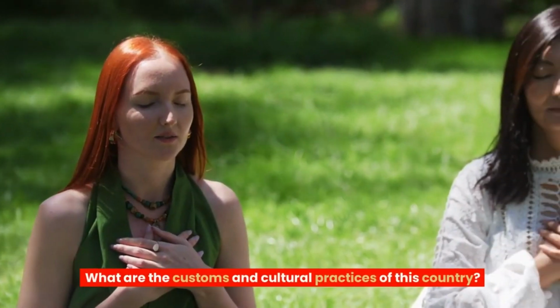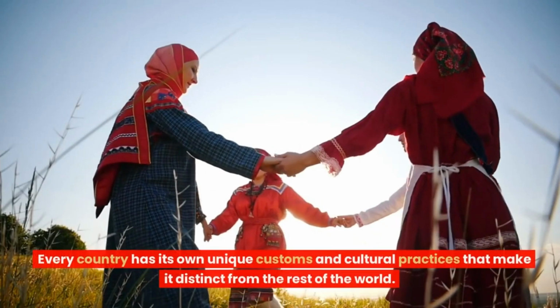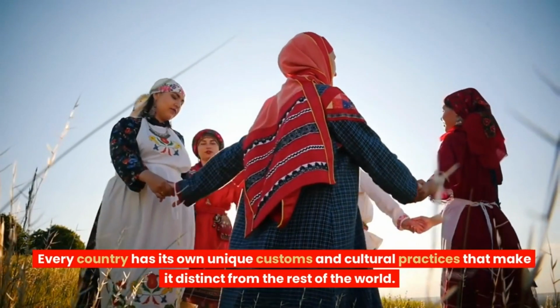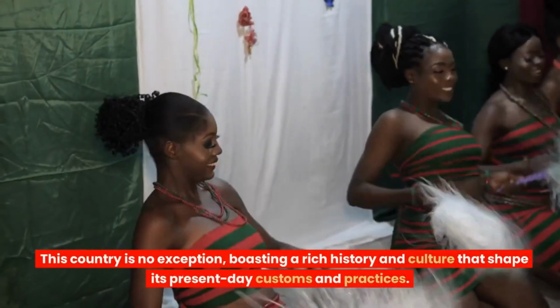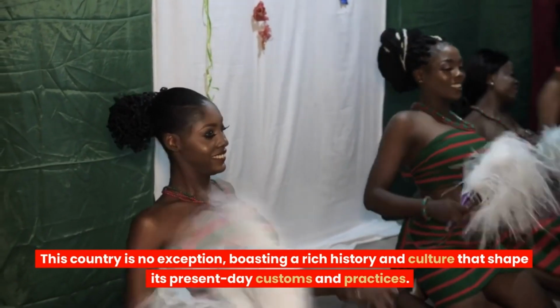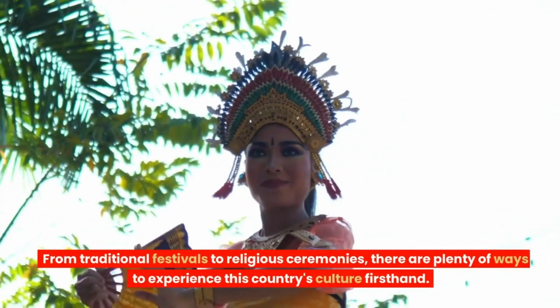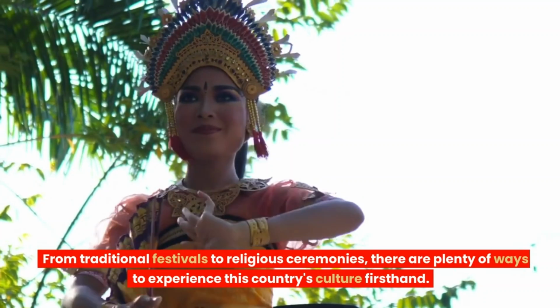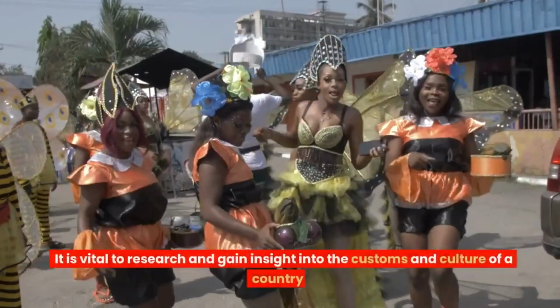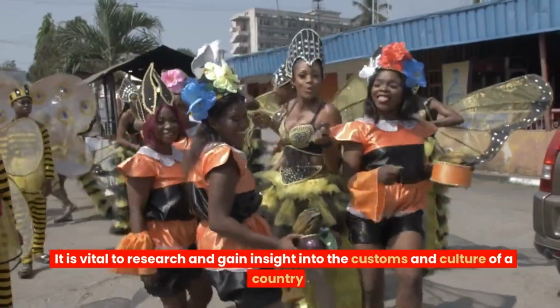What are the customs and cultural practices of this country? Every country has its own unique customs and cultural practices that make it distinct from the rest of the world. This country is no exception, boasting a rich history and culture that shape its present-day customs and practices. From traditional festivals to religious ceremonies, there are plenty of ways to experience this country's culture firsthand. It is vital to research and gain insight into the customs and culture of a country